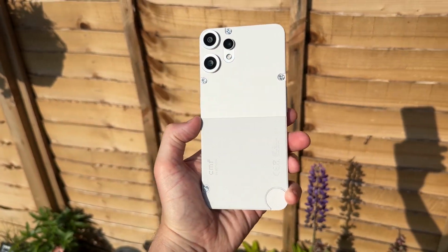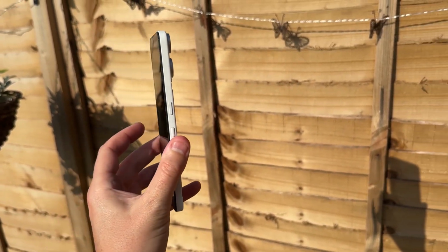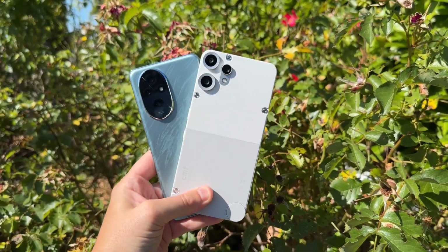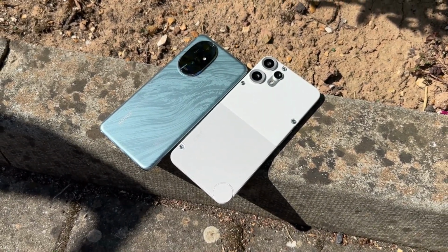Alright, so you've probably seen all the hype around the CMF Phone 2 Pro by Nothing. Budget friendly, funky design and packed with features. But instead of throwing it against the newer Honor 400, I've lined it up with the Honor 200 because let's be real, they're a lot closer in price and that makes for a fairer fight. So if you're torn between these two sleek mid-rangers, I'm here to break it down for you casually, not too